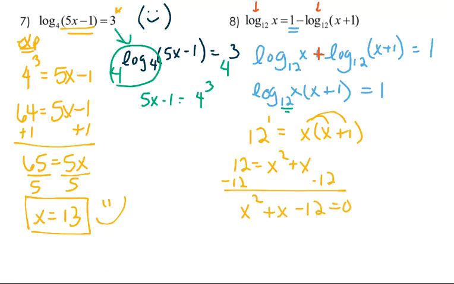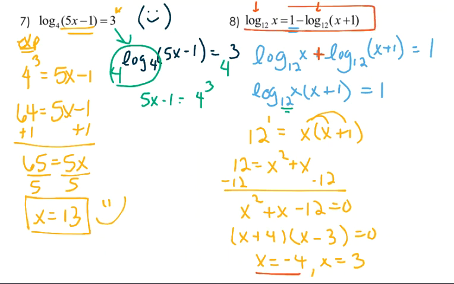Now we have a quadratic that we need to factor or use quadratic formula. Thankfully this one does factor into a plus 4 and a minus 3. So we're going to get two answers here. And my two answers are negative 4 and positive 3. Don't just stop there. Make sure you check. If I check the x equals negative 4 back into my original problem, if I plug that back into my original problem,